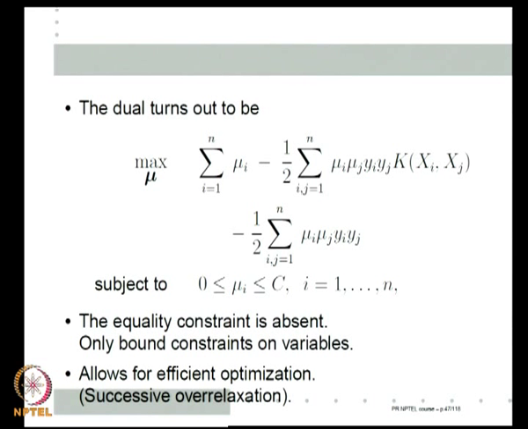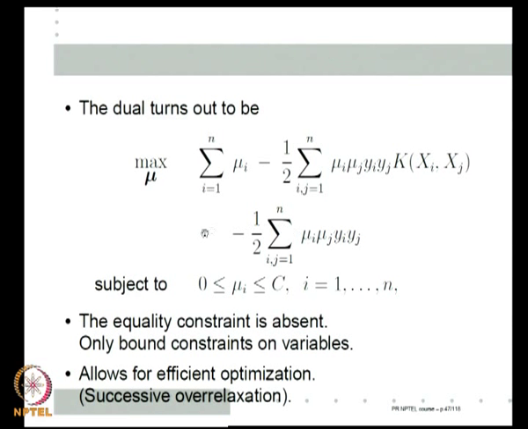Gauss-Seidel relaxation simply says I start with some solution point, then calculate the new value for the first variable from the first equation by using the old values of all the other variables. Then I calculate the new value for the second variable from the second equation, and so on.